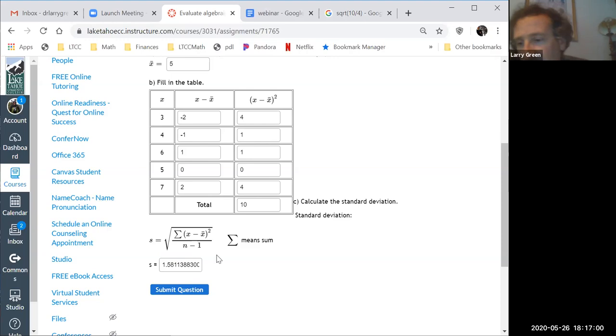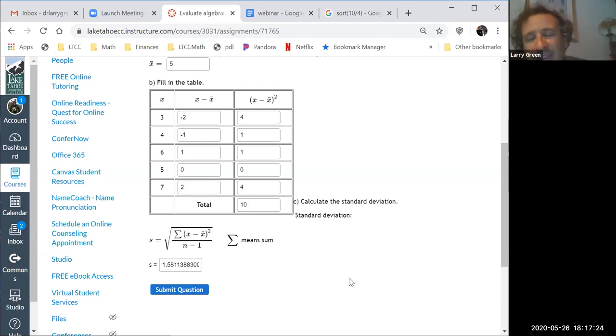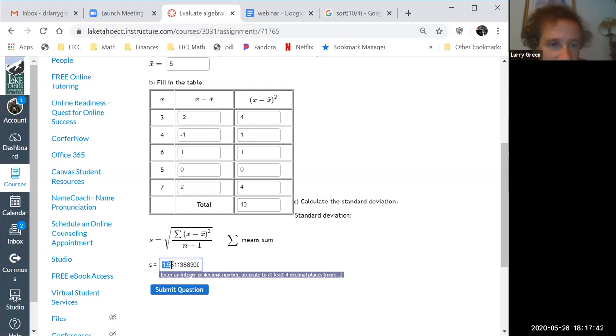Okay, just a note, what does this mean? Well, what we just did, basically the square and the square root kind of cancel. So what we're kind of doing is we're adding up these differences and ignoring the negative sign and dividing by how many numbers there were. So what this says is a standard deviation gives you kind of an average distance from the mean or the average. Okay, are things really spread out, and by average being very far away from each other, or are they not so spread out and they're close to each other? Okay, and what we found is that kind of an average distance is around 1.6.